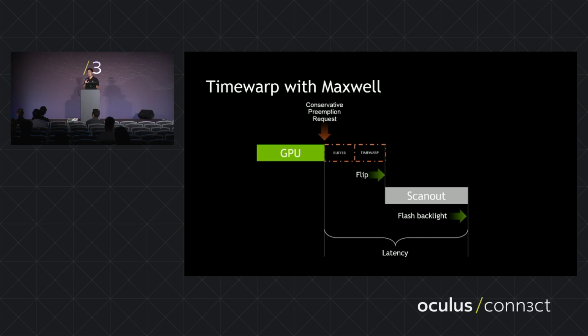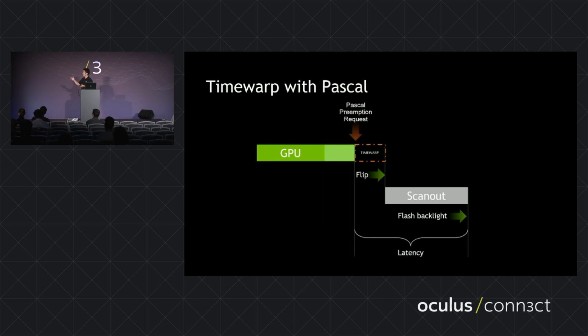You don't know how long a draw call is going to take to complete. And so it ends up kind of looking like this, right? There's this additional latency that you have to account for depending on how much work is in front of you. And so that end-to-end latency, which is that bottom distance there, is some value. With something like Pascal, you can basically skip doing that buffering, right? So the end result is just,